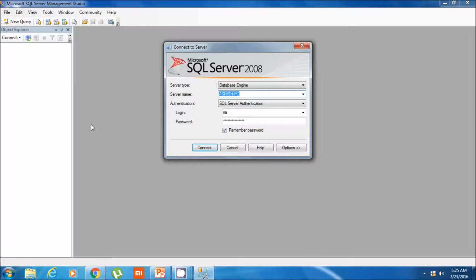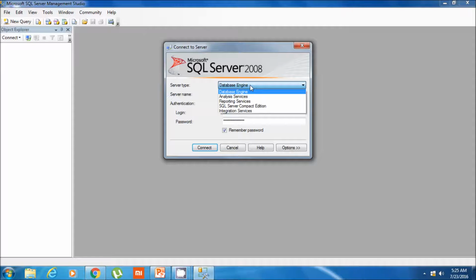Here, as you can see, I have the server type option, so I can choose database engine, analysis services, reporting services, integration services, and SQL Server Compact Edition. We will choose database engine for now because we want to connect to SQL Server.